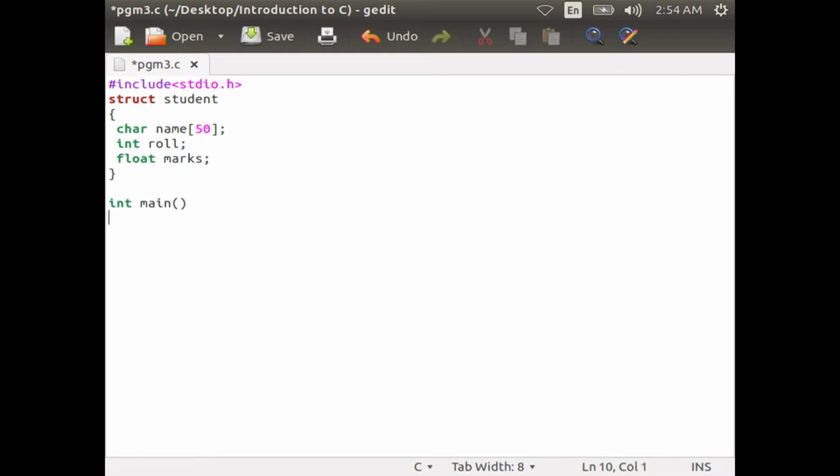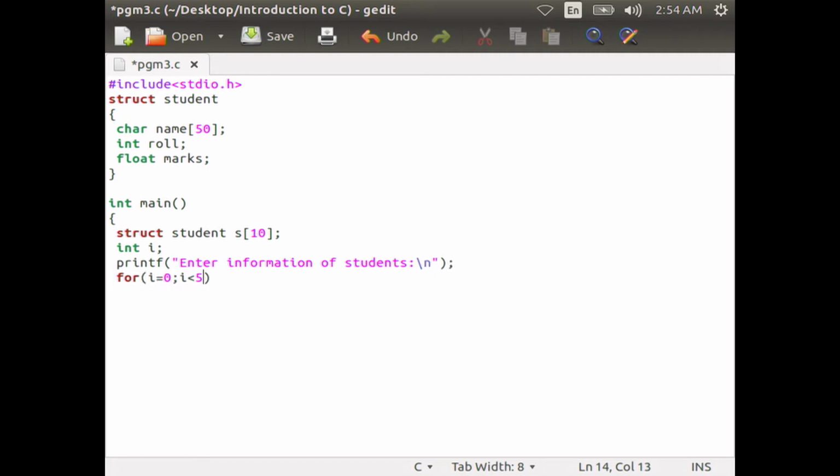Then in the main function, int main, within curly braces, struct student s of size 10, int i, printf "enter information of students". Then for i equal to 0, i less than 5, ++i, within curly braces, s of i dot roll